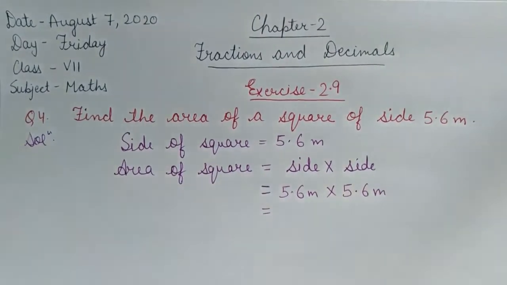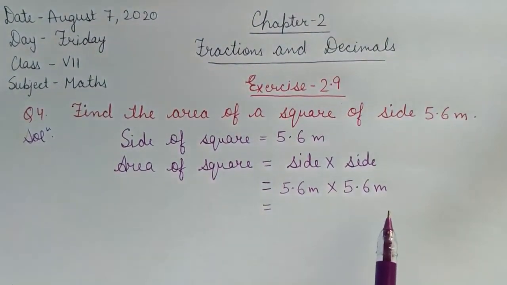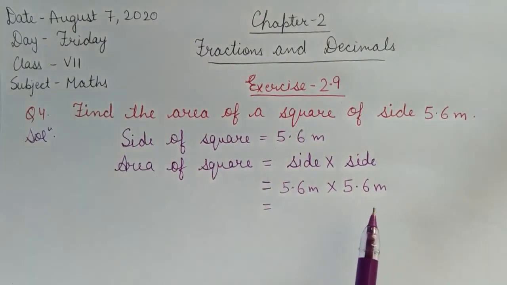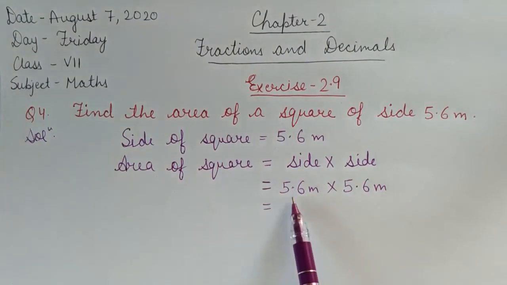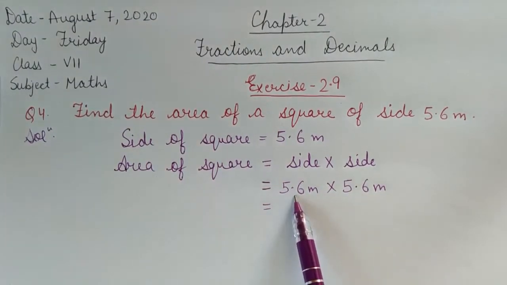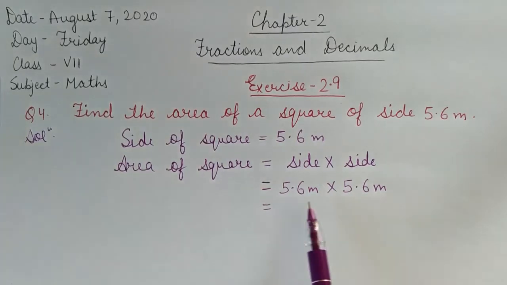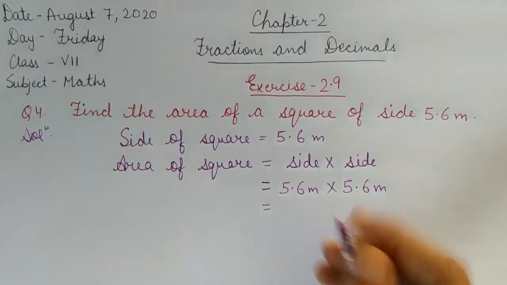Now you all know how to multiply two decimal numbers. I told you to multiply two decimal numbers, first of all ignore the decimals. If we ignore the decimal in it, we will get 56. Here also we will get 56. Now 56 multiply 56 will be